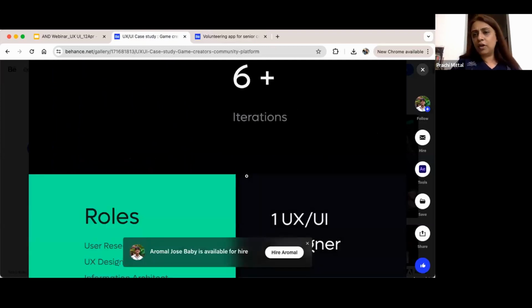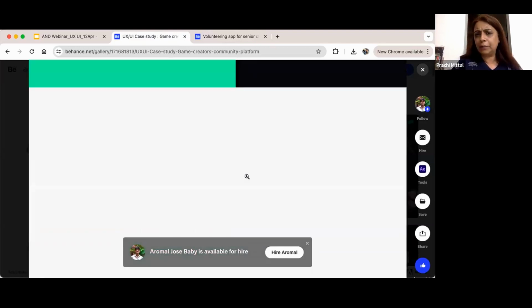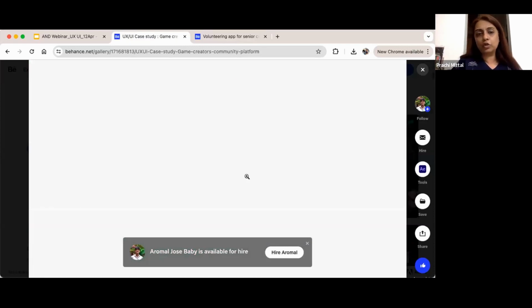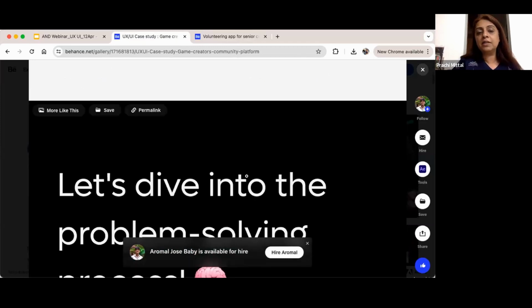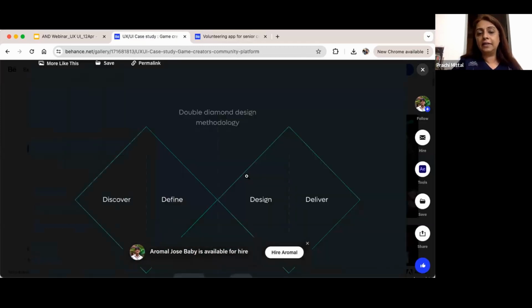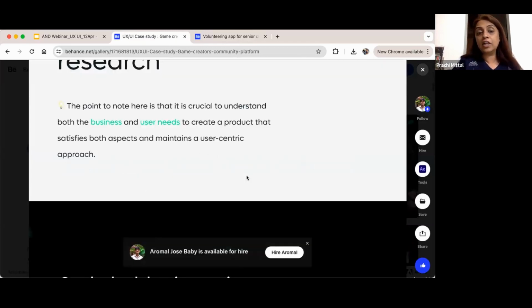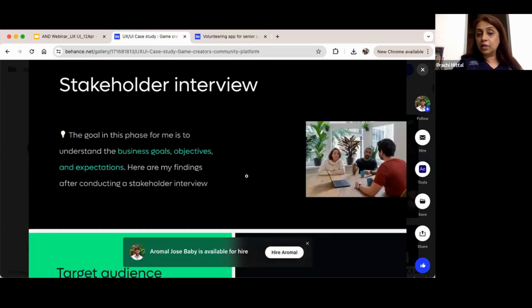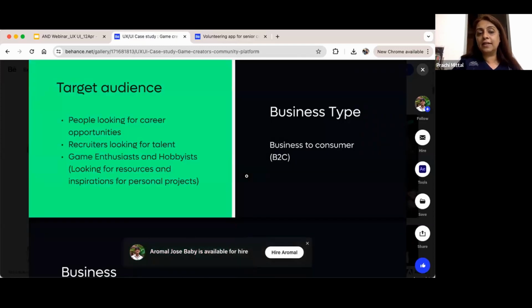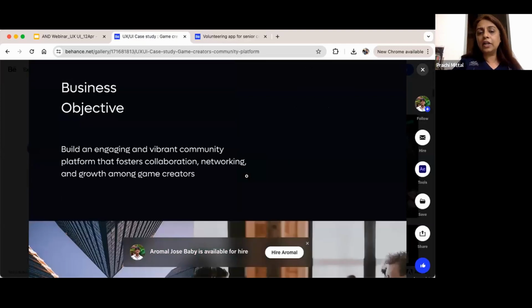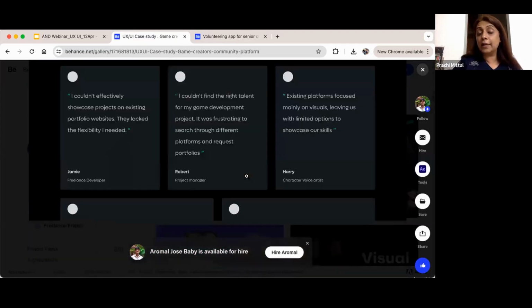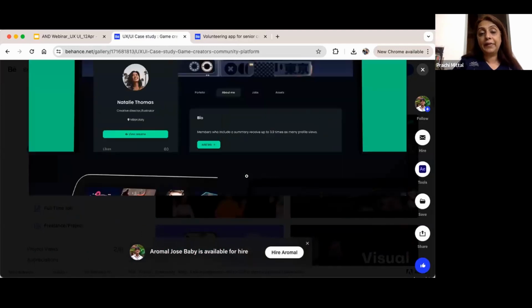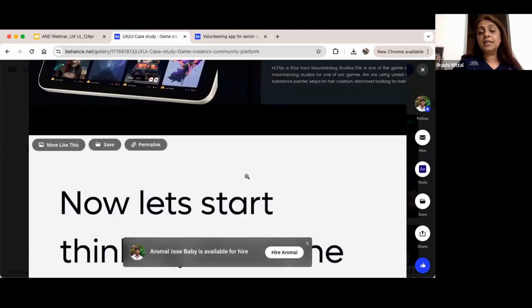And he followed a similar sort of process, which I'm going to scroll through and not spend too much time on. His initial problem statement, and then his research with stakeholders, understanding his target audience, his user interviews, their pain points, right?